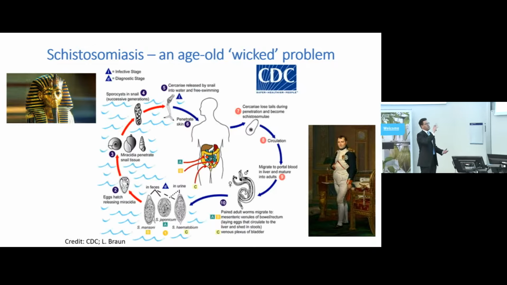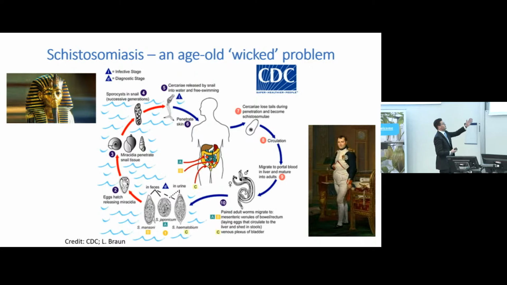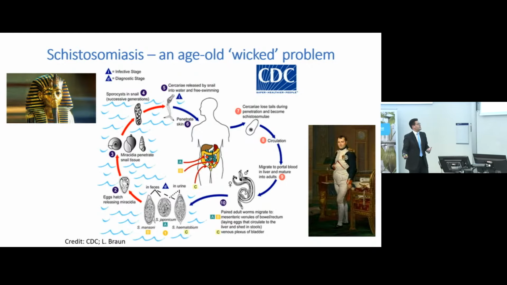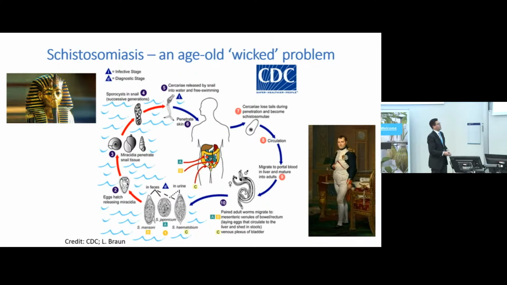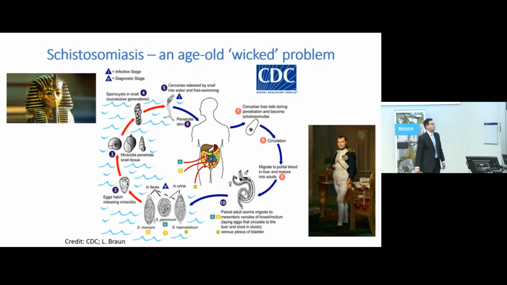And it's sort of a wicked problem because the life cycle of the disease is very efficient at keeping going. Okay, so if one person is infected, they shed the eggs of the worms in their urine or their feces, and if you don't have a proper toilet, that gets into water bodies nearby, and it infects snails, and the snail acts as sort of an intermediate host, which then releases parasites into the water which infect other people. And it's a really efficient life cycle, which is very hard to break.